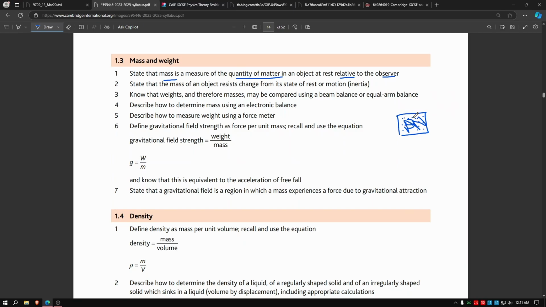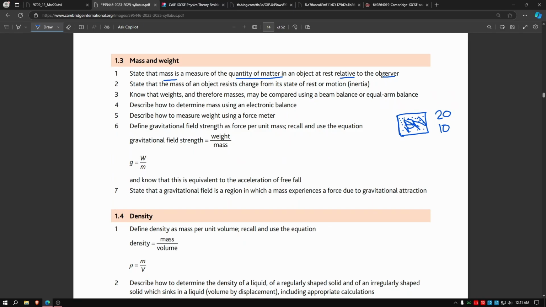So if you had more particles in your box, your mass would be, let's just say, 20. If you had fewer particles in your box, your mass would be 10. The box size is the same. The size does not change. The size is similar, but the amount of particles changes, so the particles are more tightly packed in. Okay, so now we know what mass is: the amount of matter in an object